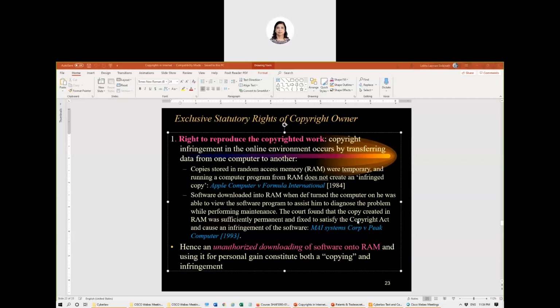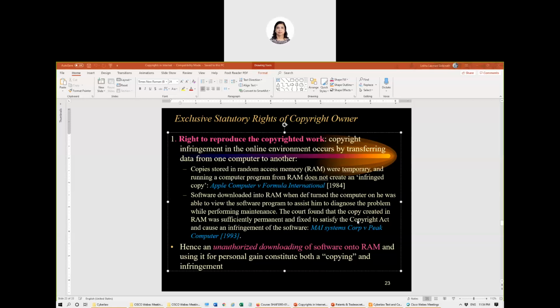And today we are going to look at the exclusive rights of the copyright owner in the context of the online environment, and how infringement of copyrighted work can take place in the online environment. The first one, we're going to look again at the right to reproduce the copyrighted work. So in this case,